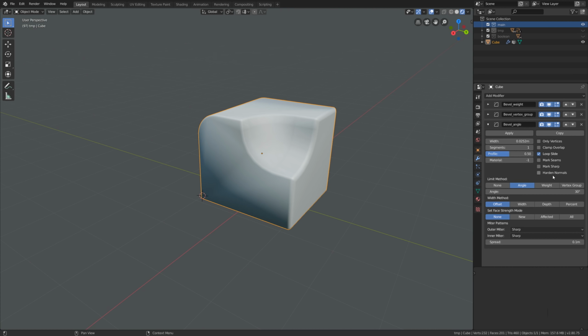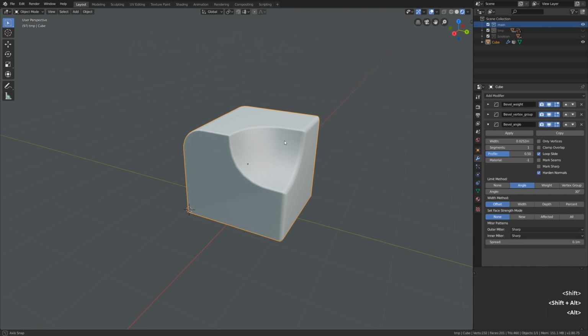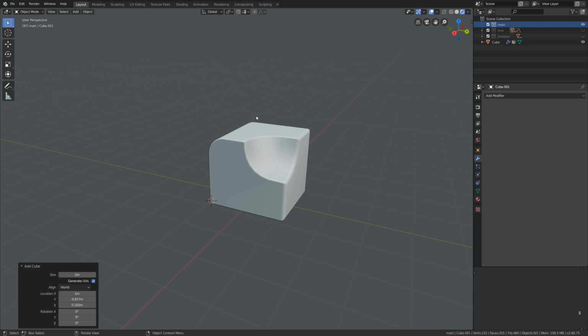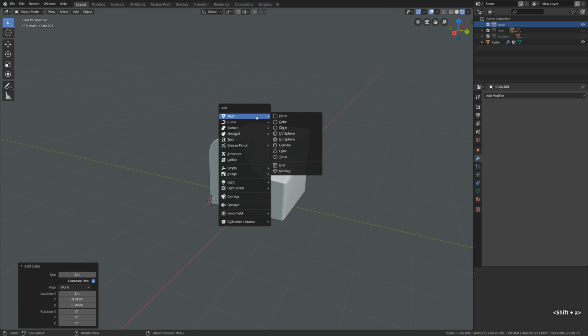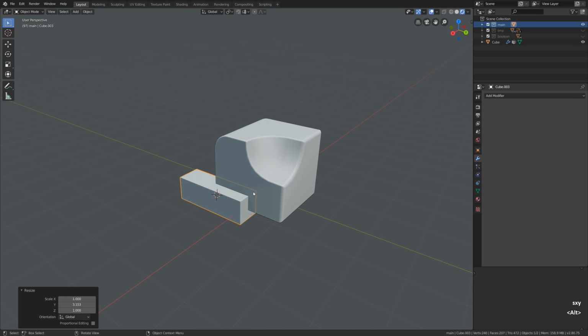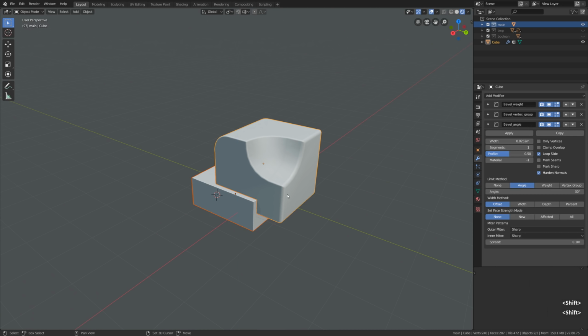But we can fix it by utilizing the new Hardened normals feature. It almost doesn't require explanation, it just works like a charm. But what it does, it weights normals based on their face weight. We'll definitely take a closer look at normals in other tutorials from the series, but for now, let's add yet